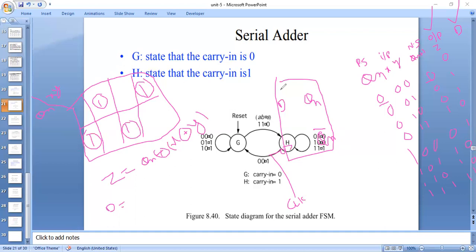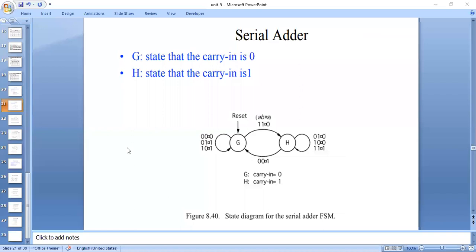And what is the expression you are getting? Output we always indicate on the right side. QN, here take X and Y as inputs, an XOR operation, and an XOR operation of these two, and you have to draw; this will be the Z. Okay, and for the D input also you have to give. So we get the expression for D, and from that we draw here. Okay, so this is all about Mealy type serial adder.